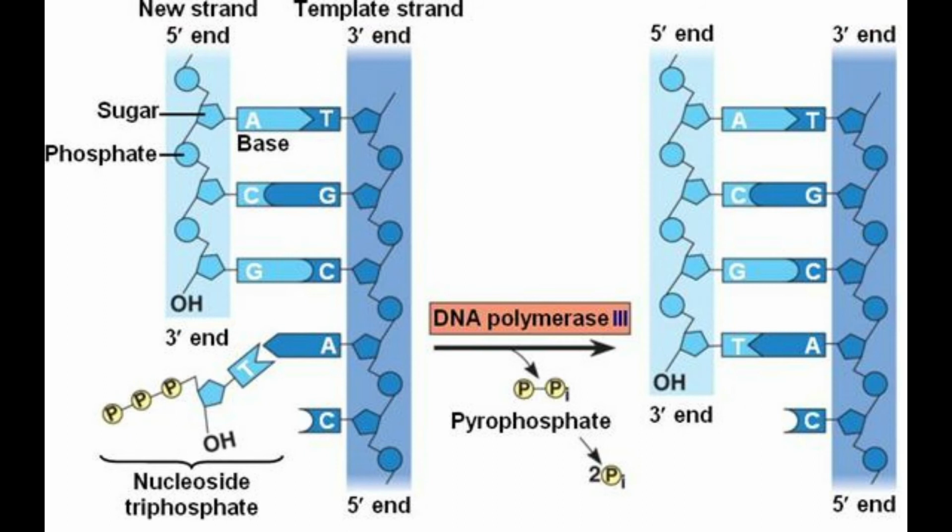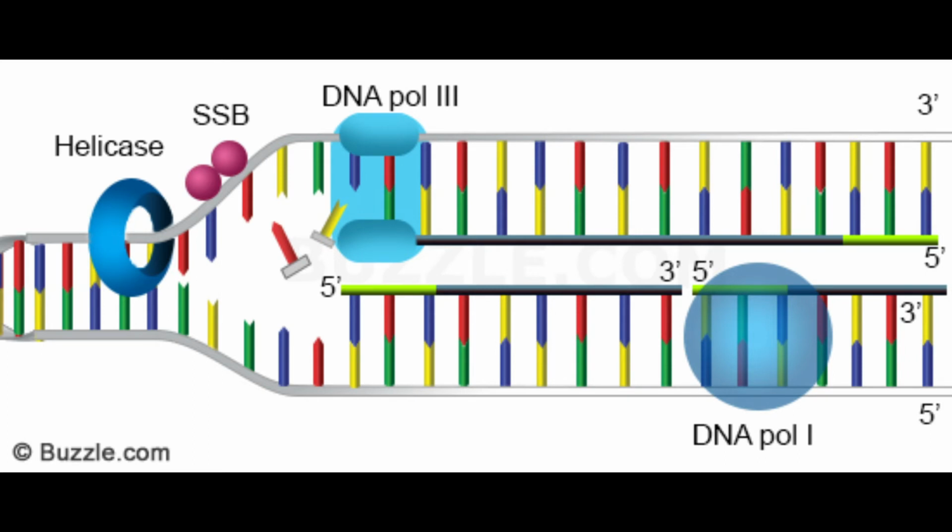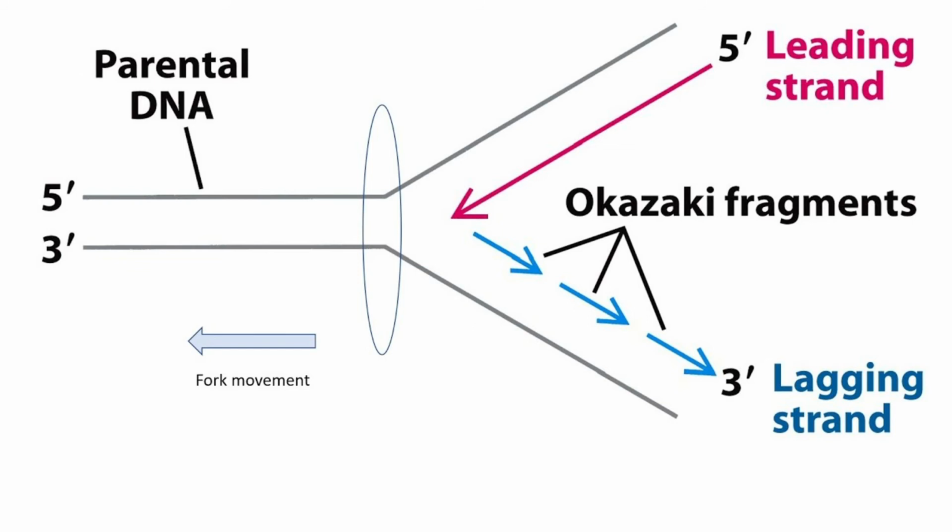As DNA polymerase 3 adds in new nucleotides, two phosphate groups are removed, which provides energy for the process of DNA replication. After the new nucleotides are added in, DNA polymerase 1 replaces the bases on the RNA primer with the correct DNA base. On the lagging strand, the 3' end is away from the replication fork, which makes DNA synthesis